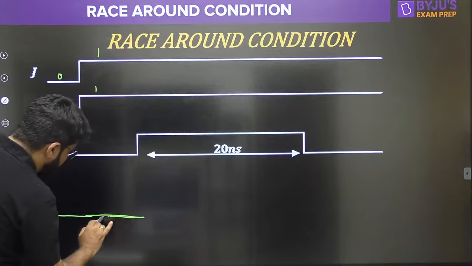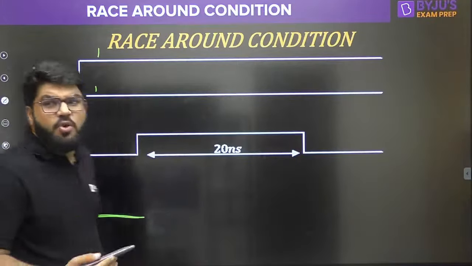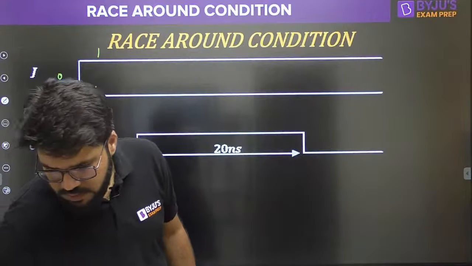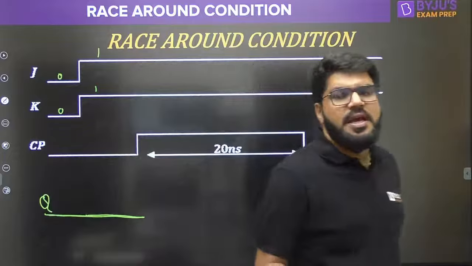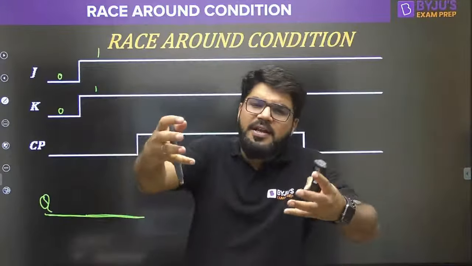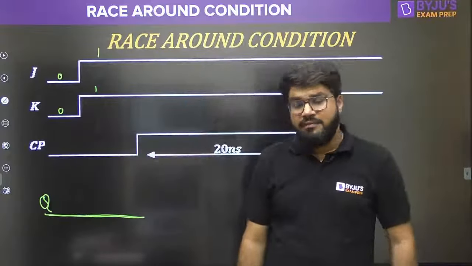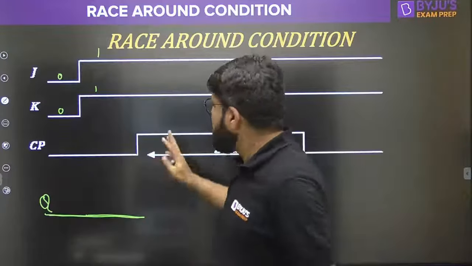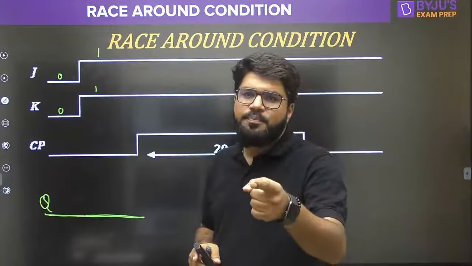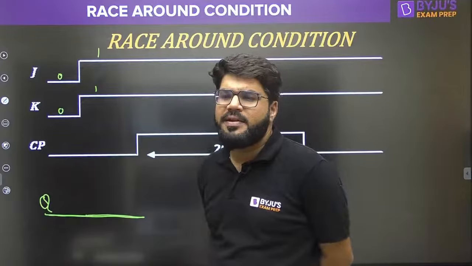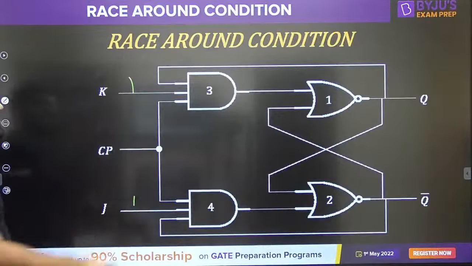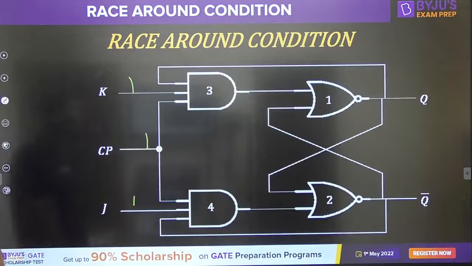Let the door be open, and when the door opens, only then will the device see what the input is. Whatever the input is, the device will accept it and produce the output. Will it produce the output immediately? Suppose the door opens and the inputs are ready. Will it produce the output immediately? No, because even though you apply J and K equal to 1 and the clock is also 1,